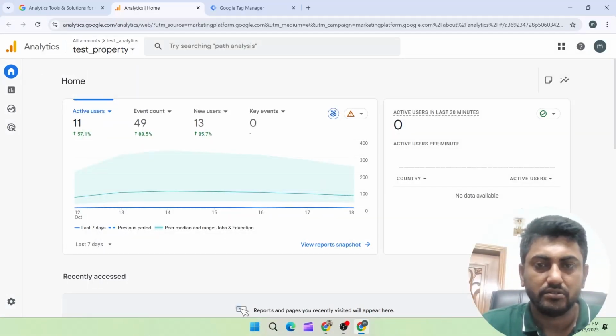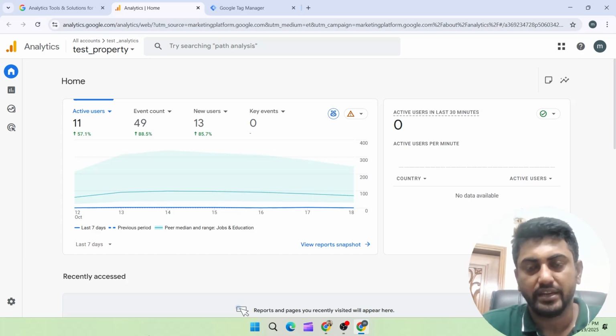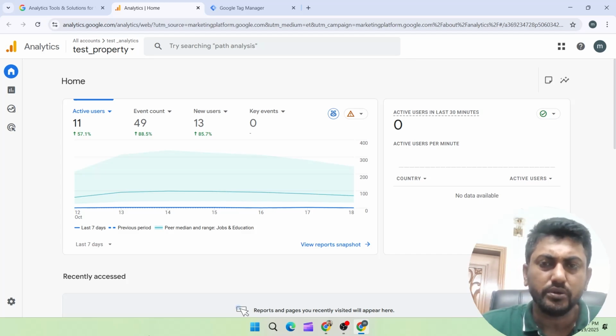In the last episode, we have learned how to integrate Google Analytics with your website with a Google Tag Manager. So, in this episode, we will learn about the structure of Google Analytics 4. So, how it's structured and how it works. So, let's get started. If you see the dashboard of Google Analytics, in the top menu you can find a